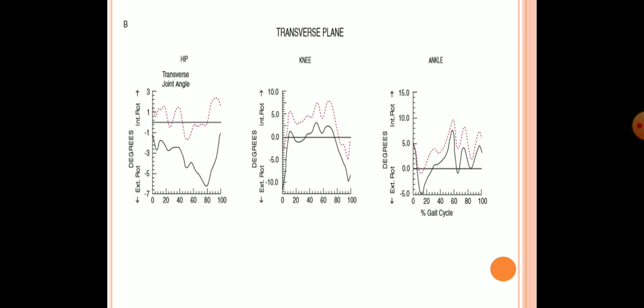In the hip joint, it basically starts with external rotation and gives a peak of external rotation of about 5 to 7 degrees at 80% of the gait cycle, and again comes back to the normal position. In the knee joint, it's almost in a neutral position, but in the deceleration phase, or the mid swing phase, it can give 10 degrees of external rotation, and again comes back to the normal position when we try for initial contact. And in the ankle joint, at the beginning it starts with an internal rotation, then gives an external rotation, and again goes into internal rotation multiple times as we complete our gait cycle.